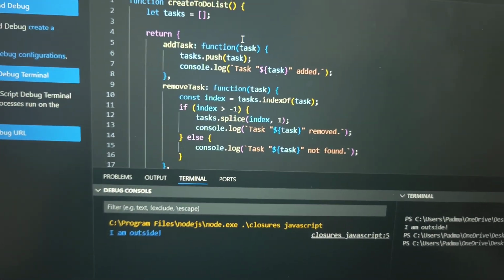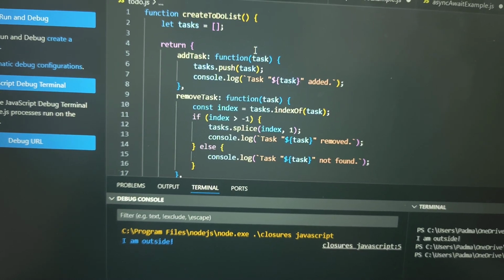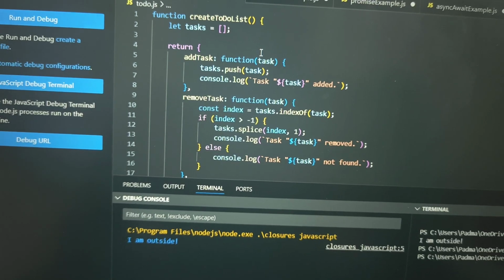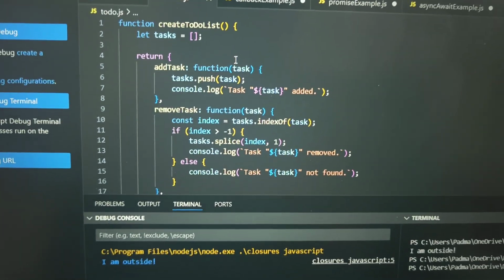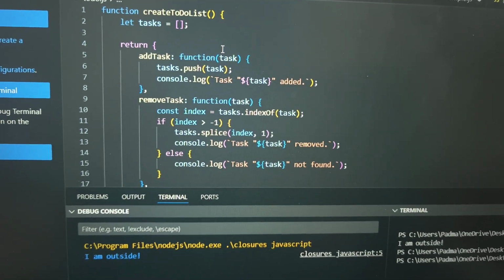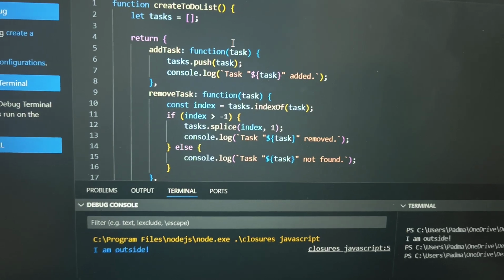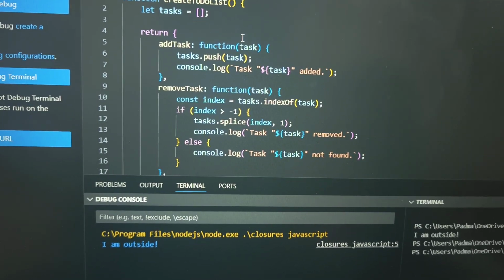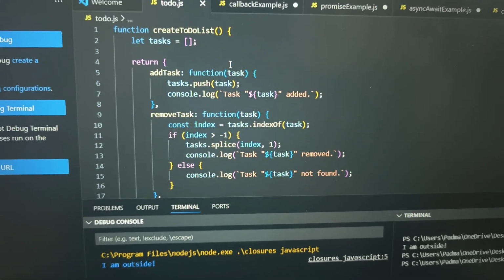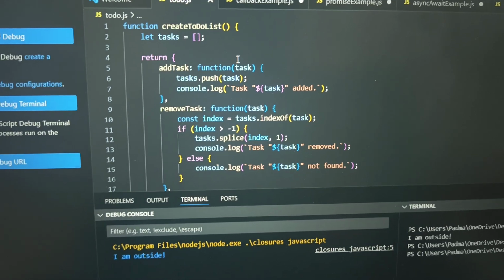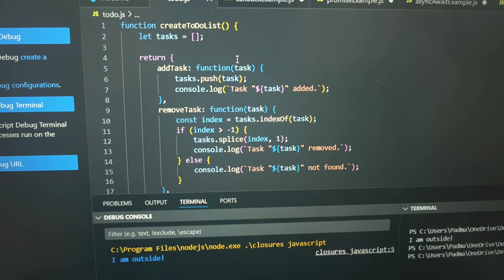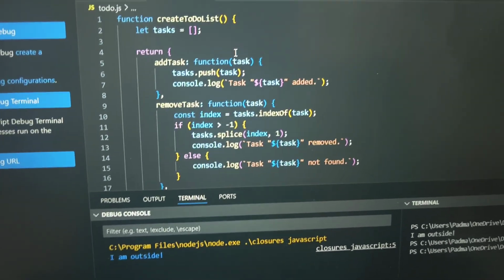We define a function creating a to-do list. It utilizes an empty array, tasks. The create to-do list function returns an object with three methods. These three methods are add task, remove task, and view tasks. The three methods close over the tasks array, giving them access to the array after the create to-do list function has executed. Add task takes an argument that adds to the tasks array,